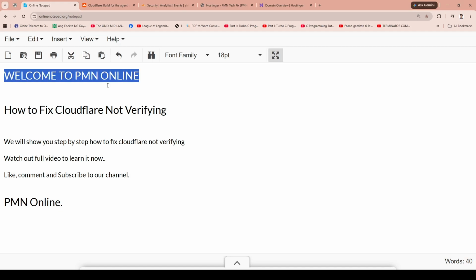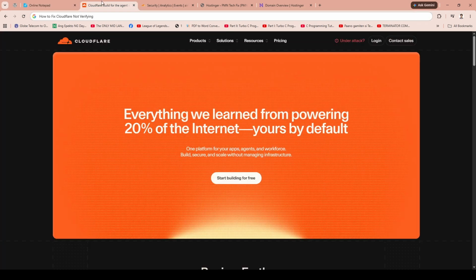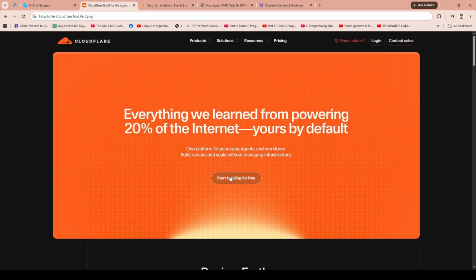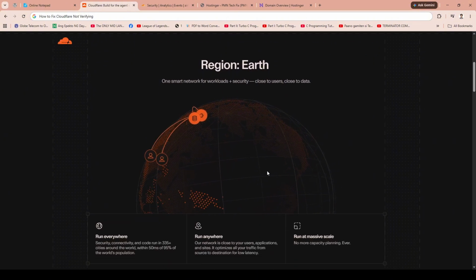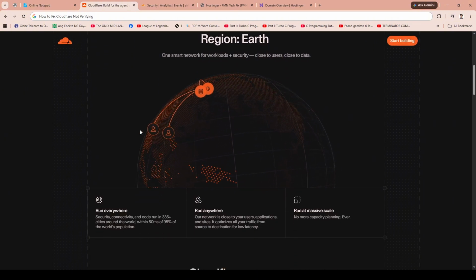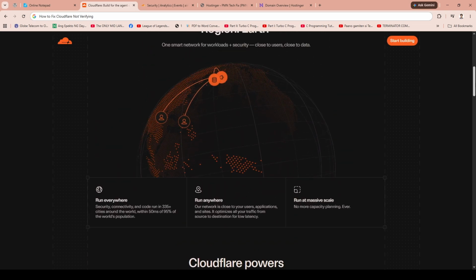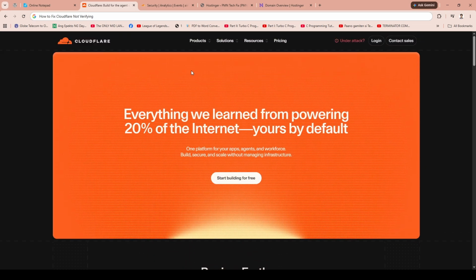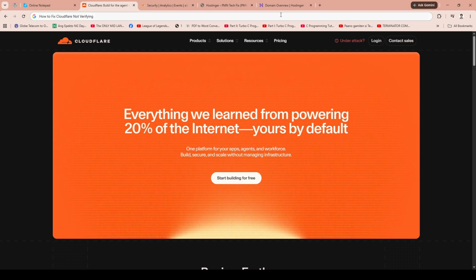Here I will show you how to fix Cloudflare not verifying. Let's dive into a common issue many users face when dealing with Cloudflare, the frustrating problem of verification not going through. If you've encountered this, you know how inconvenient it can be, especially when you need to access or manage your account quickly. But don't worry, today we're going to address these issues with a step-by-step guide to get everything sorted out smoothly. First and foremost, when you notice that Cloudflare isn't verifying your actions, the initial step you should